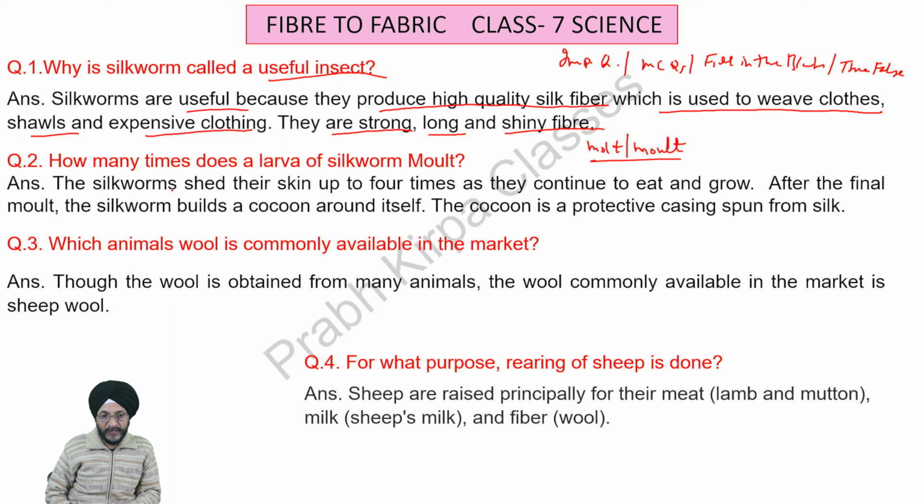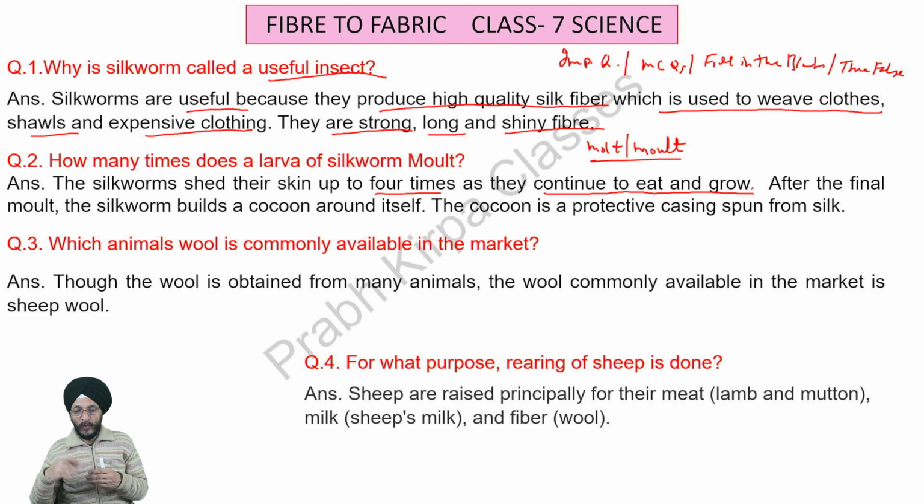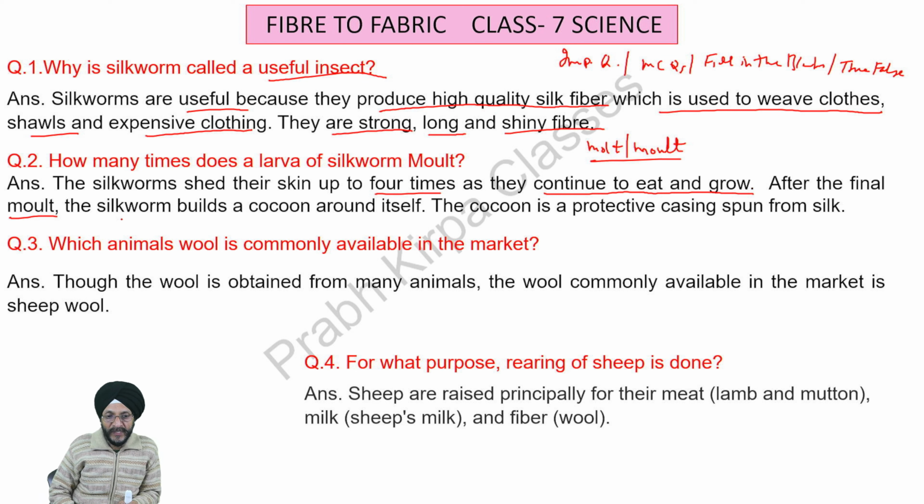The silkworms shed their skin up to 4 times as they continuously go on eating mulberry leaves day and night, and they go on attaining higher size. After shedding the skin the final time, the silkworm builds a cocoon around itself as they release a liquid from